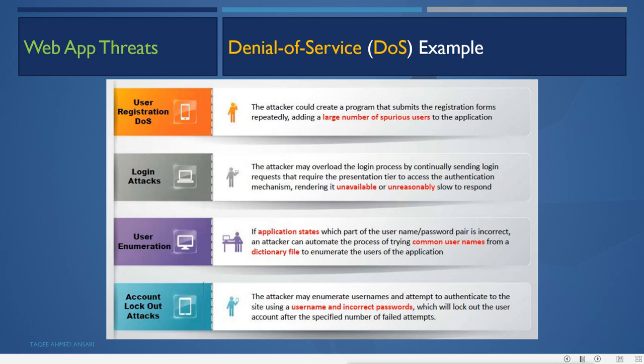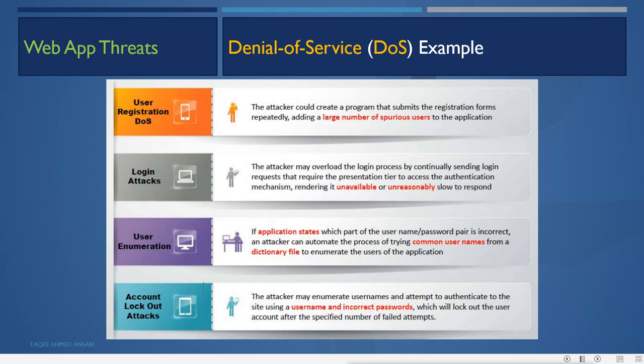It is only sending requests for login with different usernames and different passwords, and doing that it puts a load on the authentication mechanism. Every time a login request comes, our web application will try to access the authentication server to make sure whether the user is there or not, and then allow or not. So it puts load on the authentication mechanism.